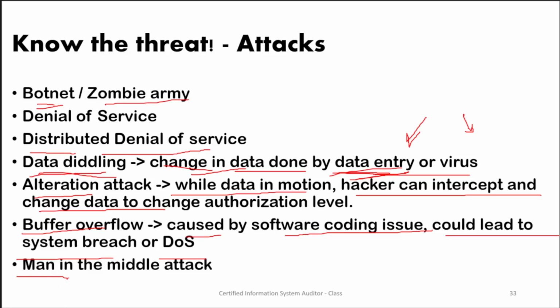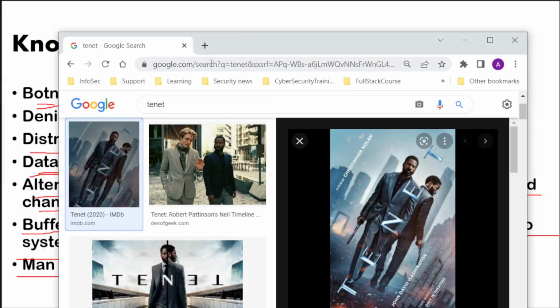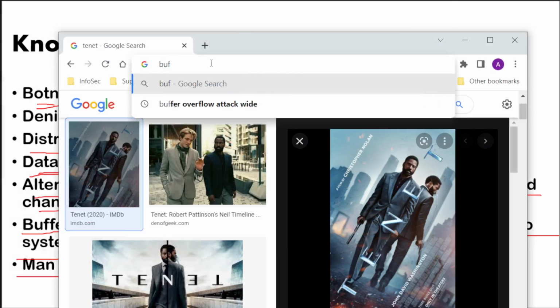Okay, go ahead. I'm not sure if we have a buffer overflow on Contra, but